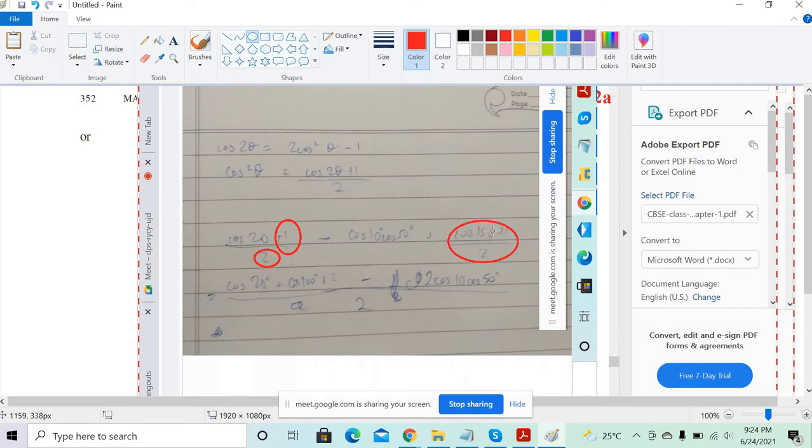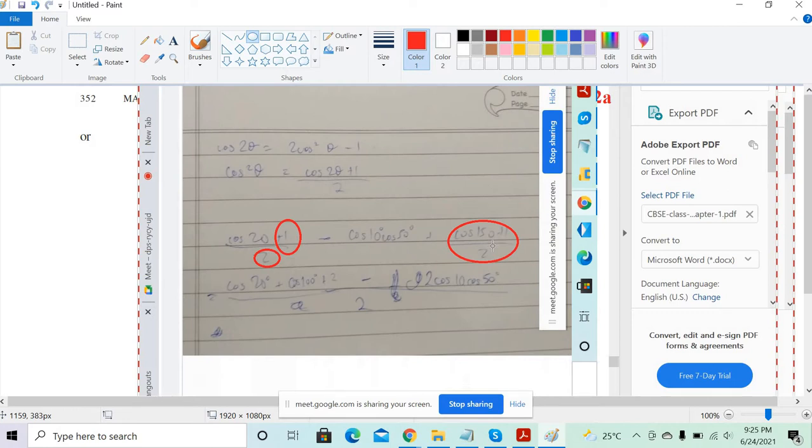Wait. This is what you written, cos 100. Should be 100. One second, wait. It should be 1 plus cos 100 by 2. Wait, cos square theta, so 2 goes there. Oh, yeah. Right? So it'll become 1 then. So 1 was missing, I guess, over here, 1 by 2. Here also 1 by 2. So over here it comes as plus 1. Correct. Over here also plus 1. Over here also plus 1.